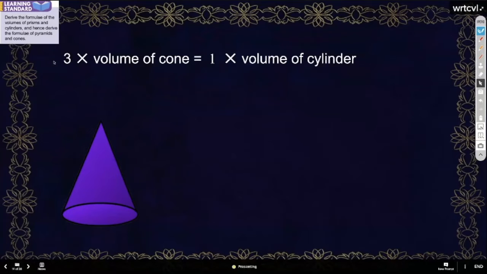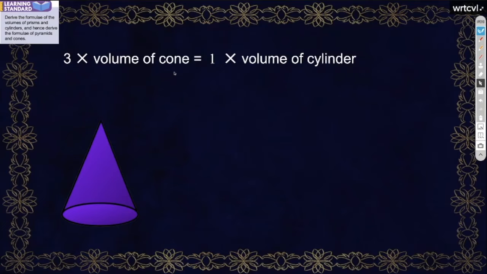When you did the previous activity, you will find out that 3 times the volume of a cone is equivalent to 1 times the volume of the cylinder. Those that do not believe, go through it. Jingwen, Steffi, and Pavitra, you have gone through the activity, right? You managed to get 3 times the volume of cone equivalent to 1 times the cylinder. Yes. Okay, good. What method did you use? You used rice? I used rice.